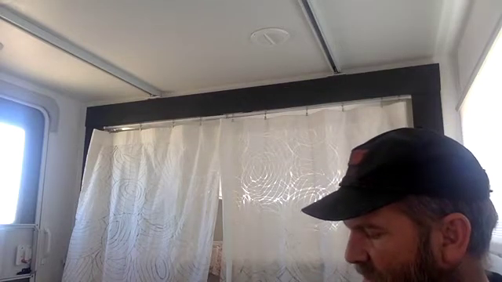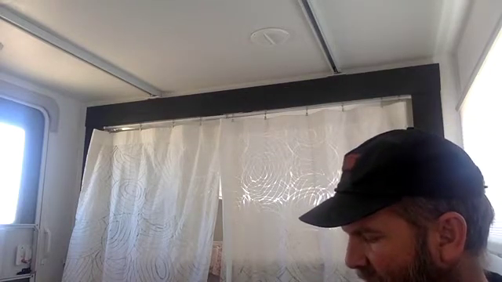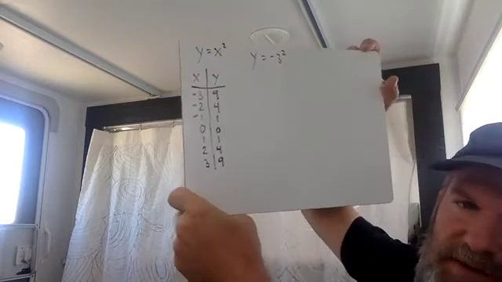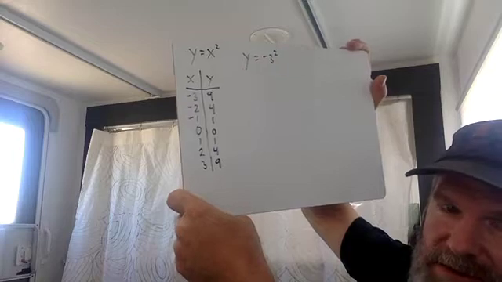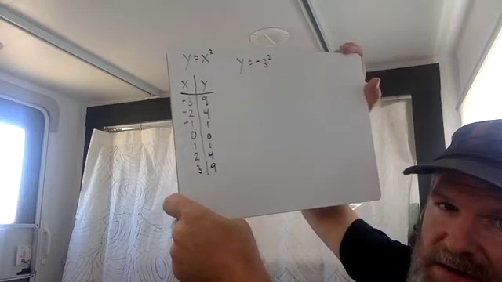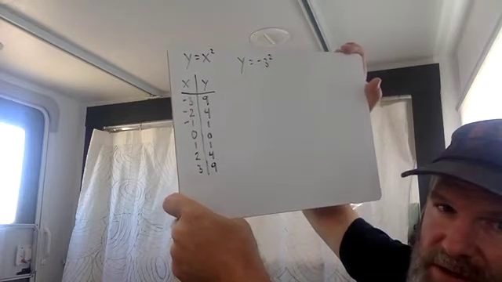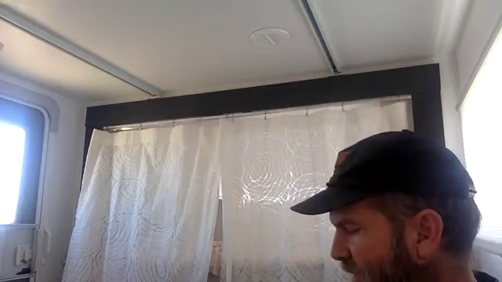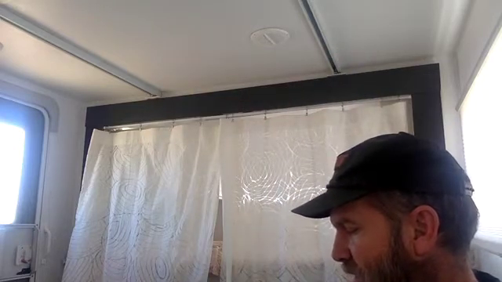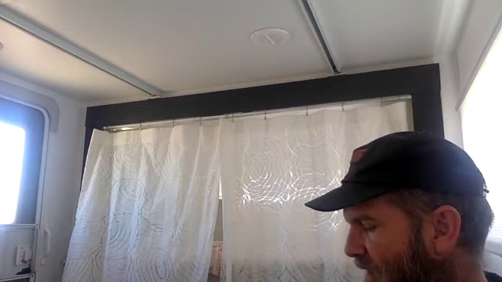For 0, 0. And then the pattern is the same for the positive numbers as it was for the negative numbers. So -3 and +3, when you square those, both give you +9. The 2's give you 4. The 1's give you 1. And the 0 gives you 0. So if you try and plot these points on a graph, you're no longer going to have a straight line. You're going to have a parabola